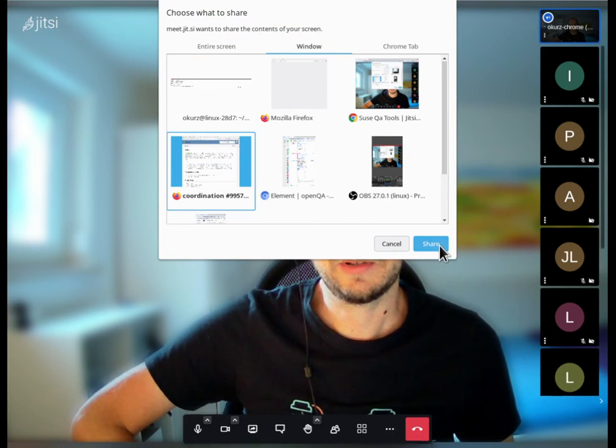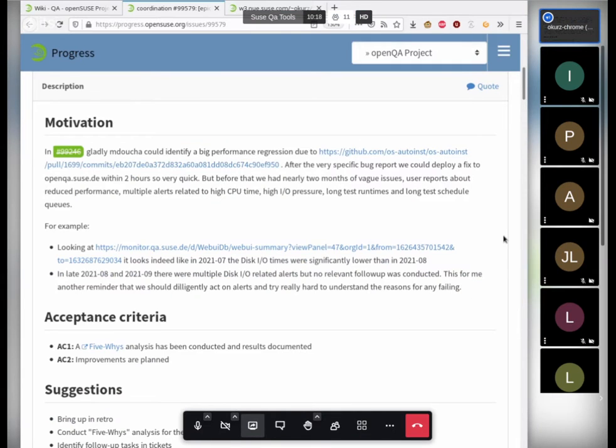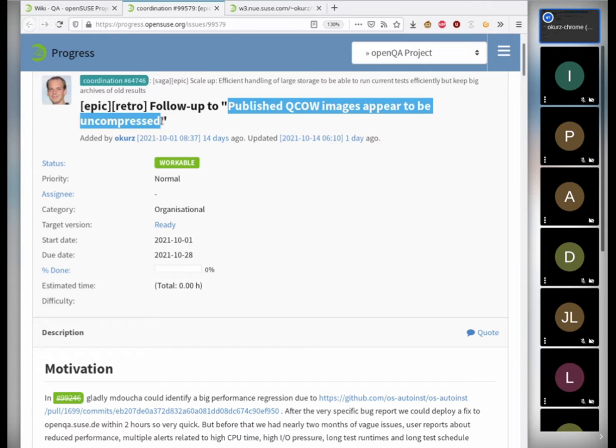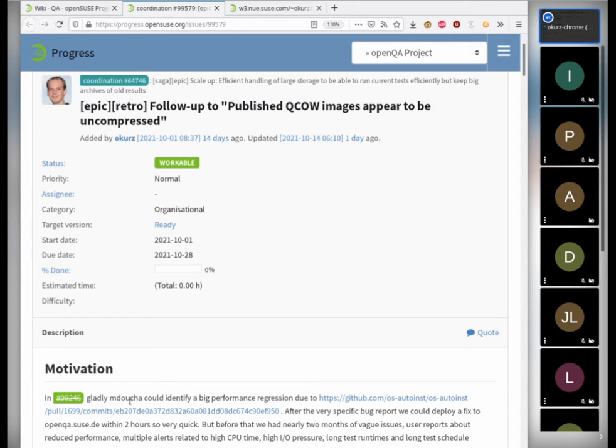Today the topic will be to talk about mainly this ticket, which is a follow-up to some incident we had, and we wanted to identify what went wrong, what could be improved, what did we learn from that story. Basically, the original ticket is 99246, and the title of that ticket was Published QCOW, which appeared to be uncompressed. So thanks to Martin Duscher, who found that issue, we could see that there was a